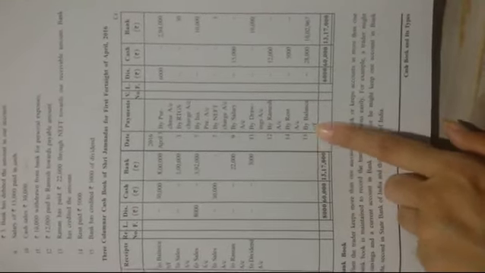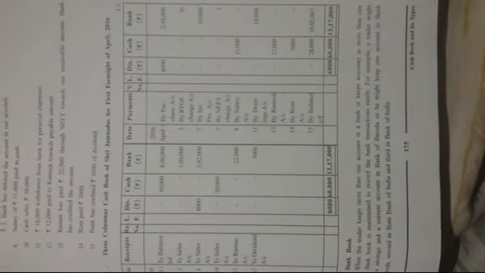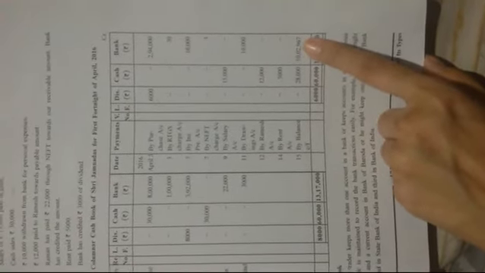Here the date would come 15th April because this cash book is prepared for the first fortnight. That means for the first 15 days only. Therefore, you have to write the 15th date, by balance carried forward, 28,000 for the cash amount column and 10,96,967 for the bank amount column.